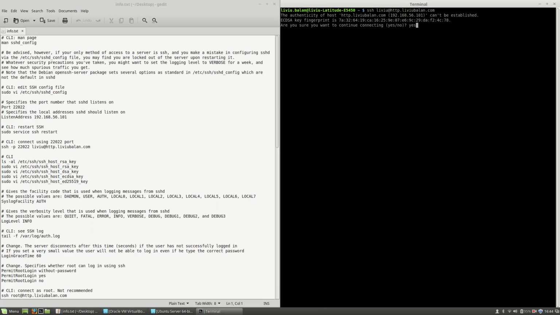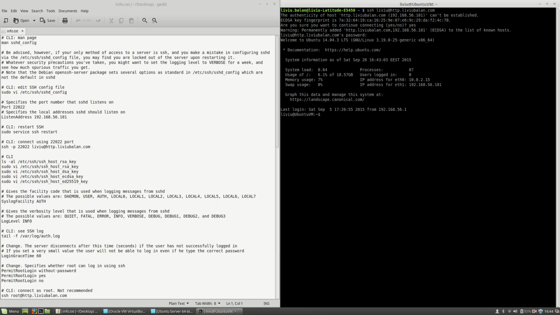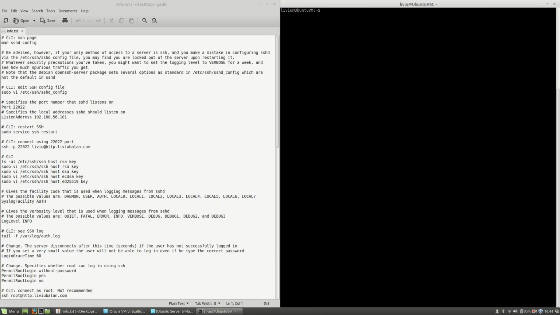Here I will type yes, type the password of user Liviu on the remote machine, and now I'm connected to my VirtualBox machine using SSH. Okay, what I want to achieve during this tutorial is to show you different configuration options